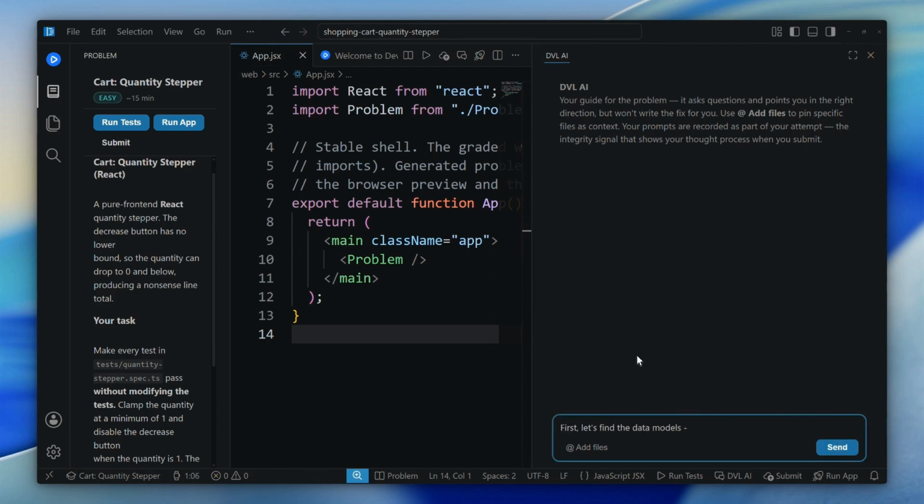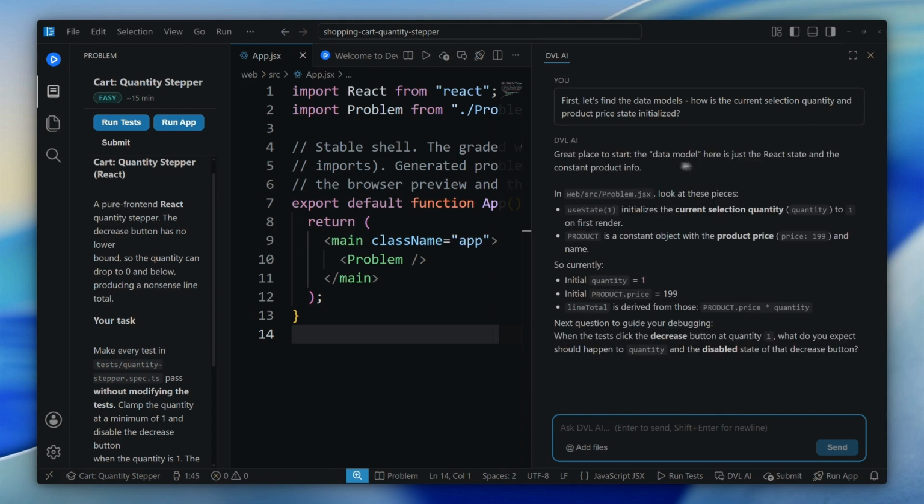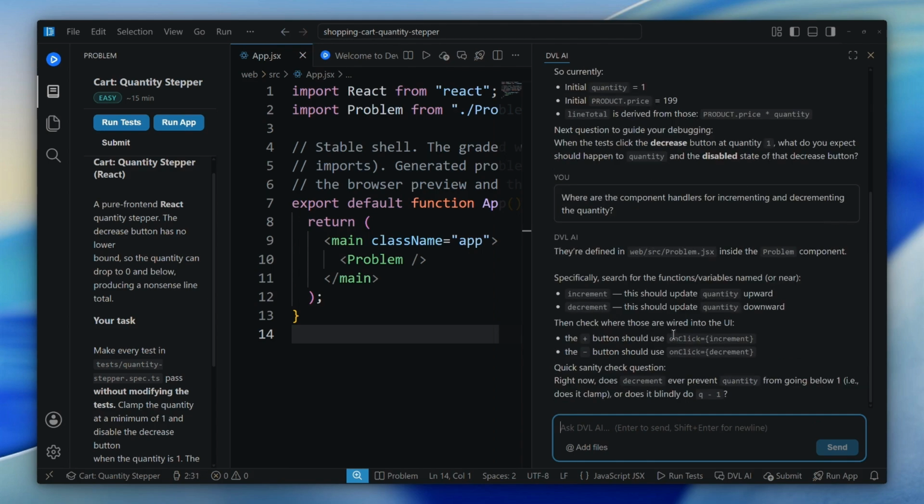First, we ask the AI, let's find the data models. How is the current selection quantity and product price state initialized? DVL points us to a local quantity hook and a product constant. Next, we check our user interactions by asking, where are the component handlers for incrementing and decrementing the quantity? DVL directs us right to the increment and decrement callbacks inside